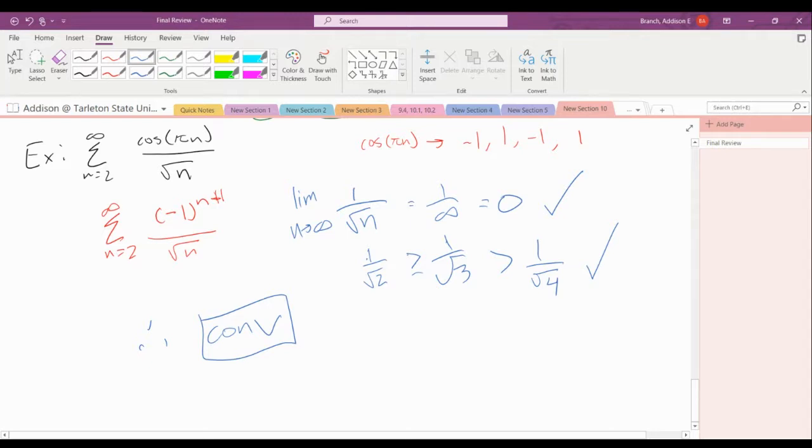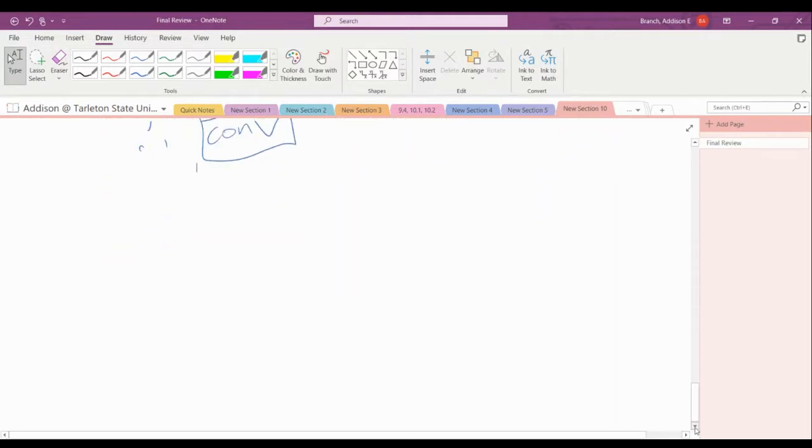All right, so just to go ahead and touch on estimating sums for alternating series. So we actually have a theorem for this. So the theorem states that